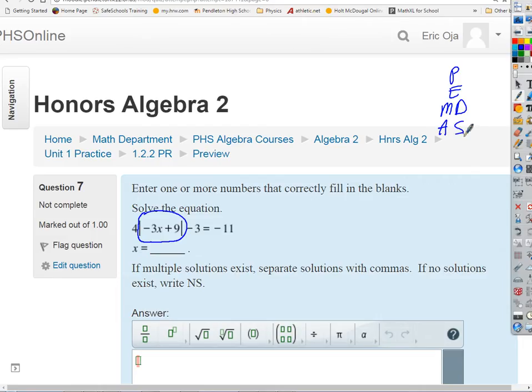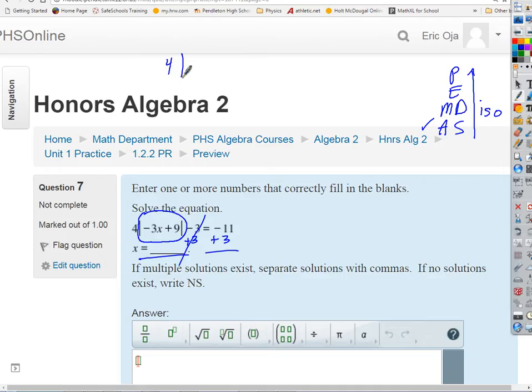Multiplication and division are on equal footing, and so are addition and subtraction. So when we're trying to isolate, remember that we're going to work up from the bottom. Isolate or solve for something. So we're trying to isolate the absolute value. So we've got to undo all the stuff that's being done to the absolute value on the left side of the equation, in this order. So first, outside of the absolute value bars, we want to undo any addition or subtraction. So that means we've got to add 3 to both sides. So those go away and we end up with